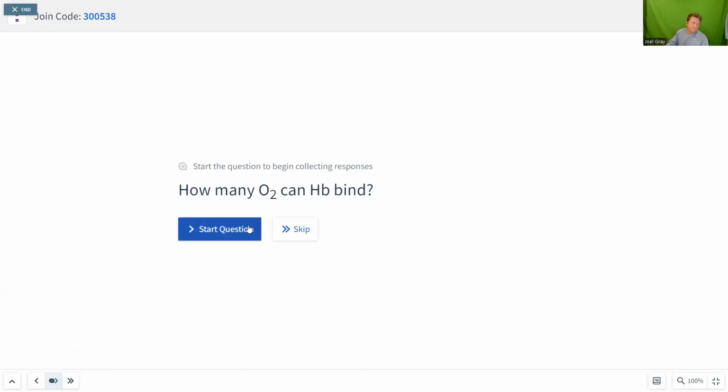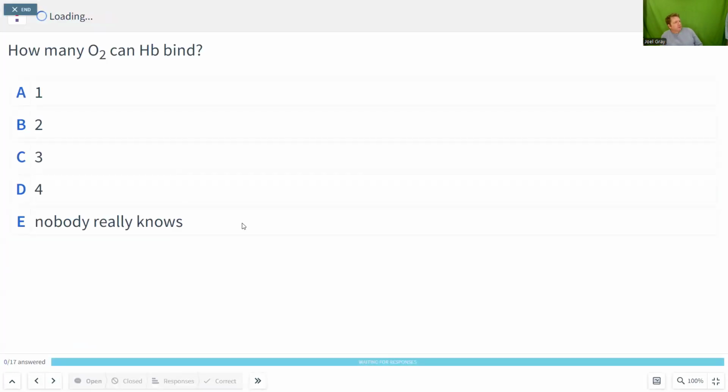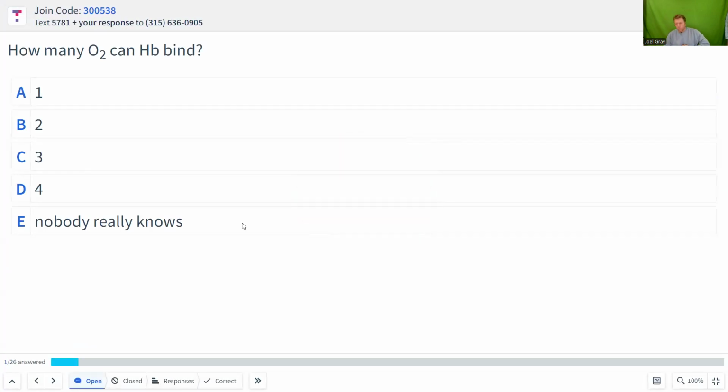How many O2 can hemoglobin bind? I think I've got the timer for 60 seconds, but I'm pretty confident everyone's going to knock this one out pretty quick. And I'm comfortable saying that we're going to get 100% correct on this one. In the event that we don't, that means somebody might just be like, "Ah." If you're that person, don't do it. Don't ruin my numbers. They're not my numbers, but